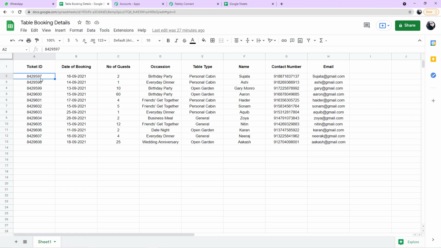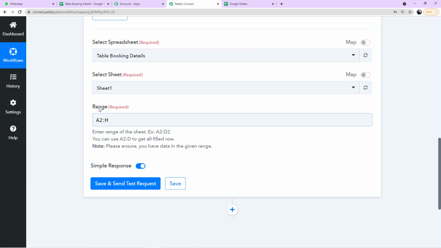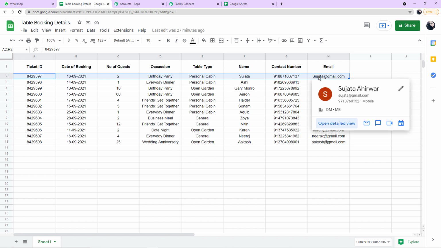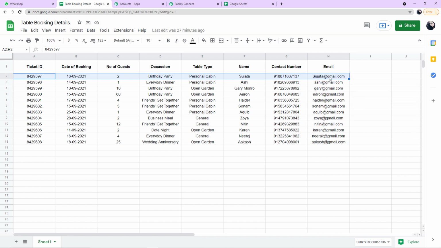So what does it mean, A2 to H? Previously we selected the data like this, so it is showing A2 to H2. That means we have the data from A2 to H2. Now we have put here A2 to H. That means we are telling Pabbly Connect that we have data from A2 to H, but we are not saying that we have the data up to H2 or H3 or H4 or H5 or H6.